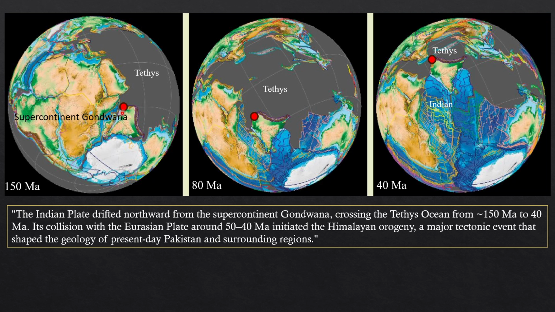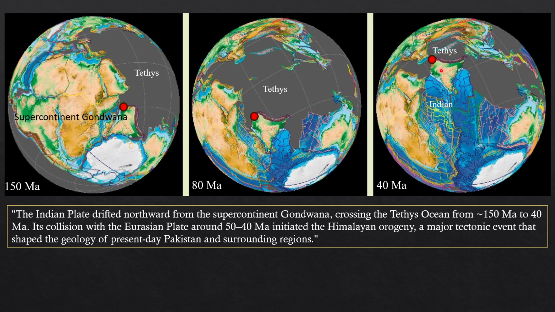Firstly, the Indian plate is part of the Super Gondwana plate, and this Chichalina section is situated in the northwest region of the Indian plate. It was part of the supercontinent, but at the Jurassic and Cretaceous time it started splitting from the Gondwana plate because of various rifting, and then continued